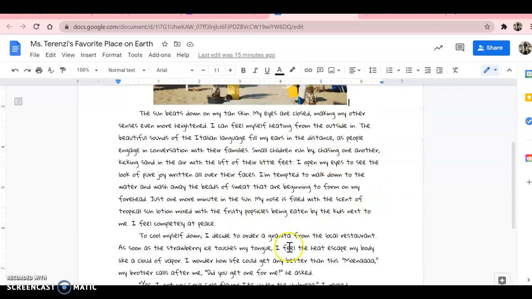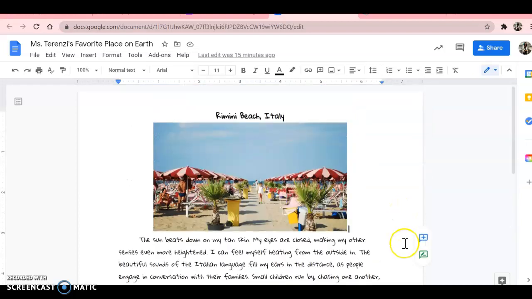Okay, so notice I included all of my sensory details and I wrote this in the present tense. Feel free to use dialogue, interactions with other characters. Make sure you're telling us what is happening around you so that you paint a picture for your audience as well. Okay, so go ahead and write about your